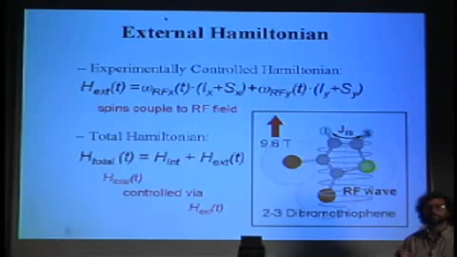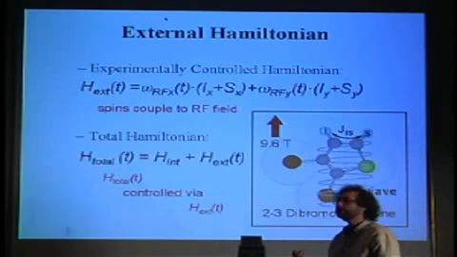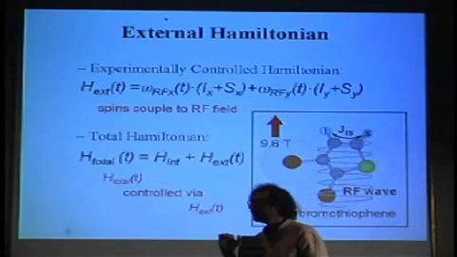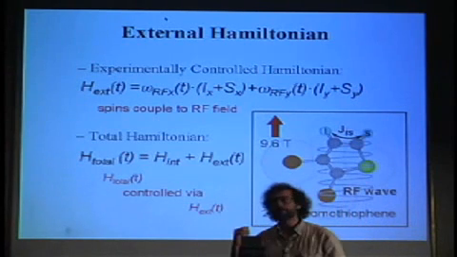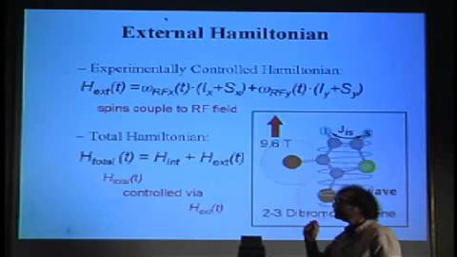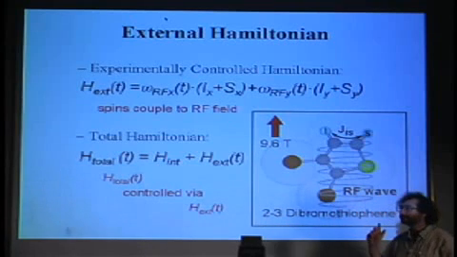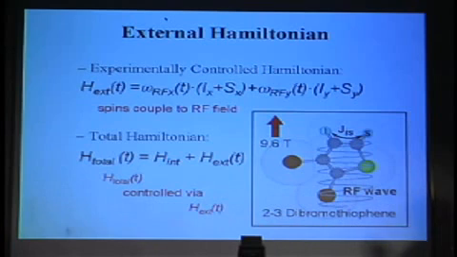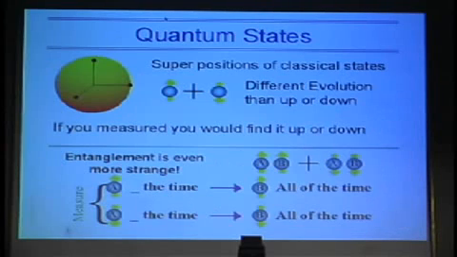And I'm not going to go over the mechanisms or how we do this, but we can create any propagator on this space, and we can do it with the precision of at least 2 nines. So that the fidelity of any propagator we want to generate on this space, or a space of up to 5 qubits, we can have any arbitrary rotation with a fidelity of 0.99. So that allows us to do quantum computing.